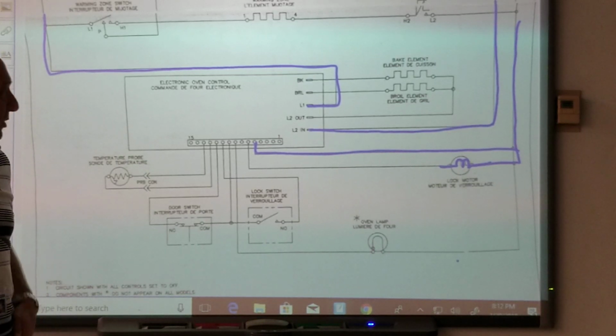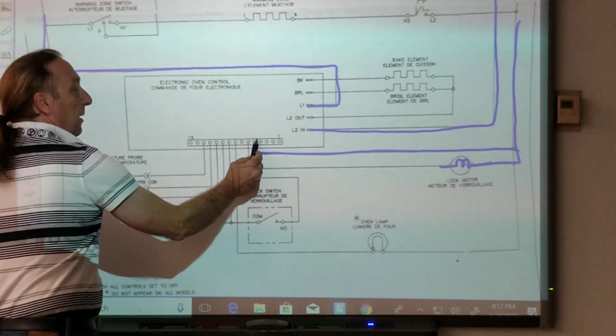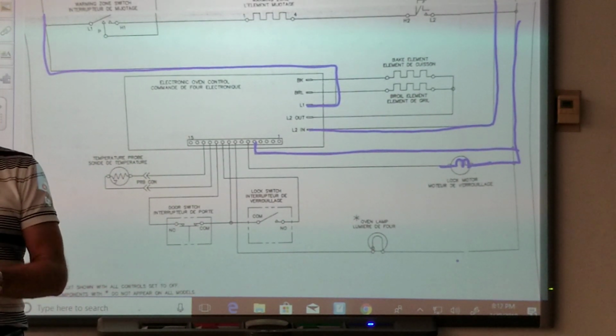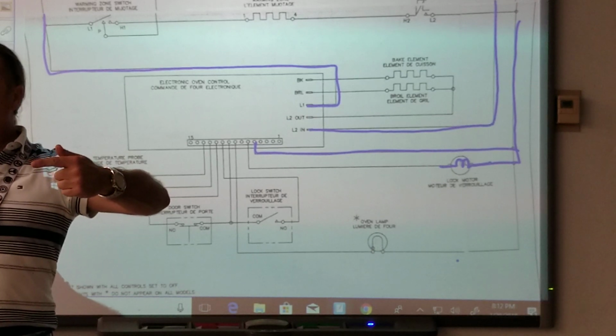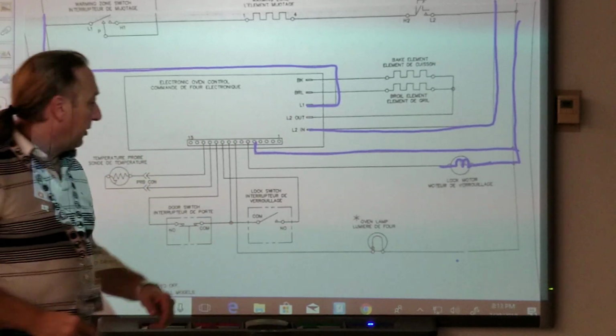If it was low voltage, it'd be a wire coming off the board, and then the other wire may come back. And the two wires would go to the board, but not to neutral. Okay, so if you know a part goes to neutral from a board, one wire comes off the control board to a part, and the other side of that part goes to neutral, it's 120 volts. Okay, so that lock motor here,